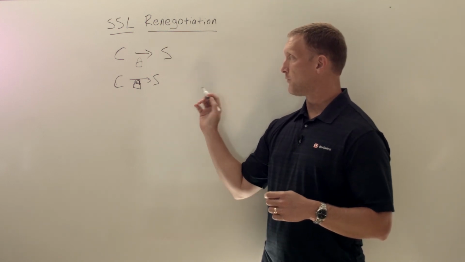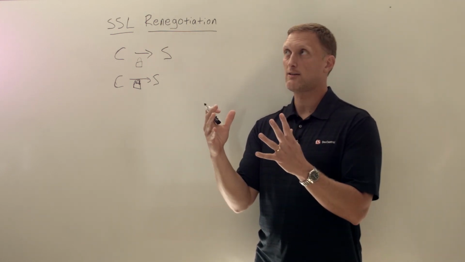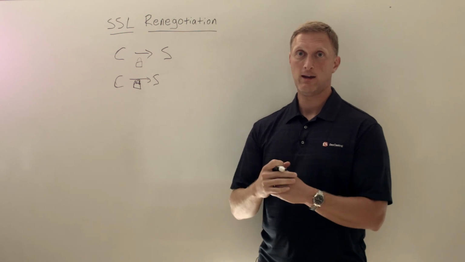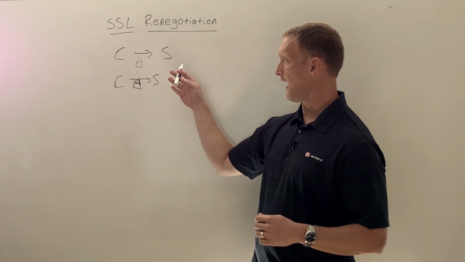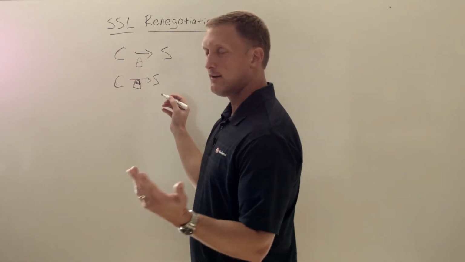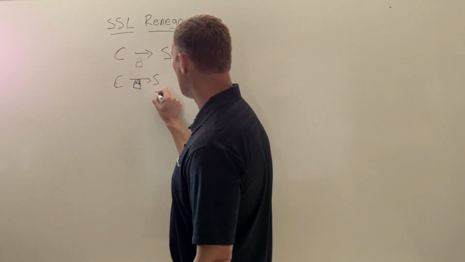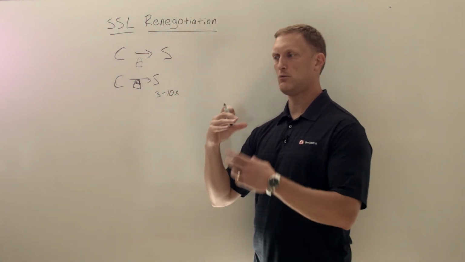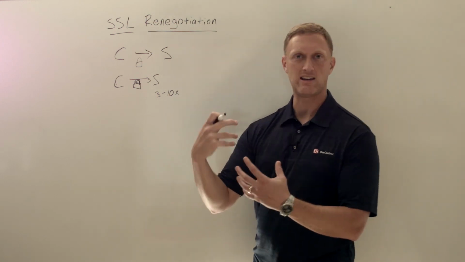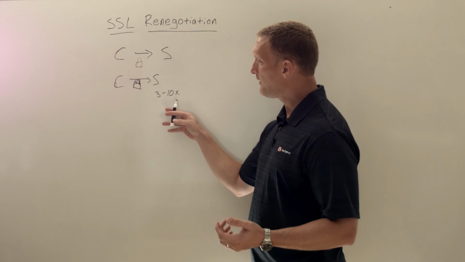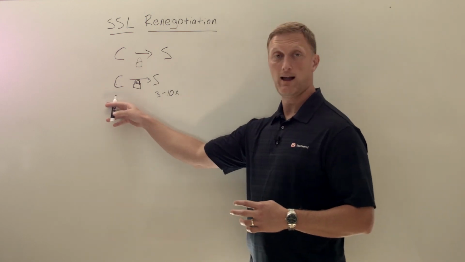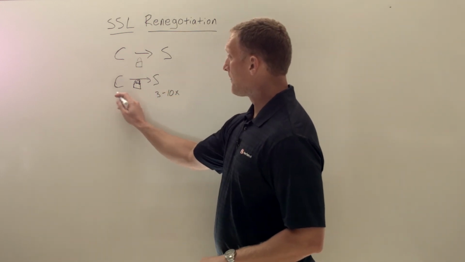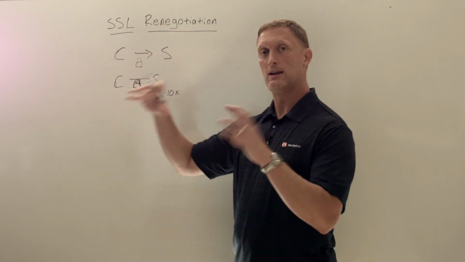And there's one thing that you need to be aware of from a denial of service perspective. Whenever a TLS handshake happens, I've seen statistics anywhere from 3 to maybe 10 times the processing power for the server to process all those secure encryption keys and all that kind of stuff. It takes the server between 3 and 10 times the processing power as it does the client to make that TLS handshake happen. And so if the client were to send a server a client hello to initiate a TLS